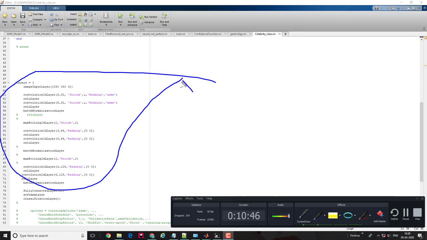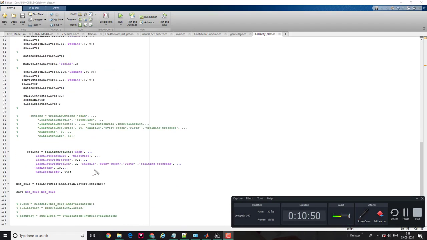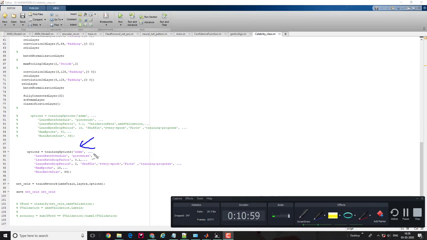Now it's time to perform training. MATLAB is already powered by a small set of built-in functions. All you need is to set the training options, how you want to do the training. For the training purpose, I am using Adam as an optimizer. For the initial learning rate, I have started with 0.1, while it keeps dropping after 2 epochs, and the maximum number of epochs I have used here is 10, and the batch size I'm taking is 64.